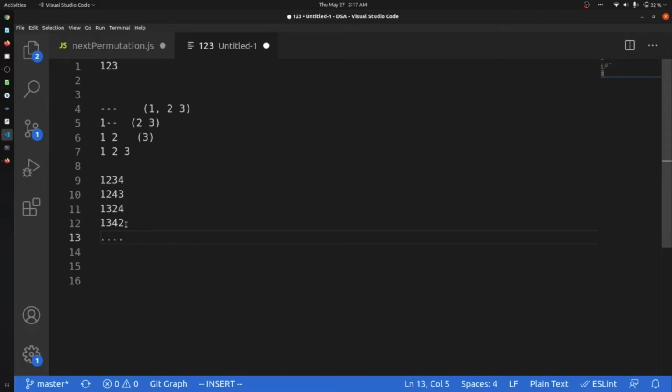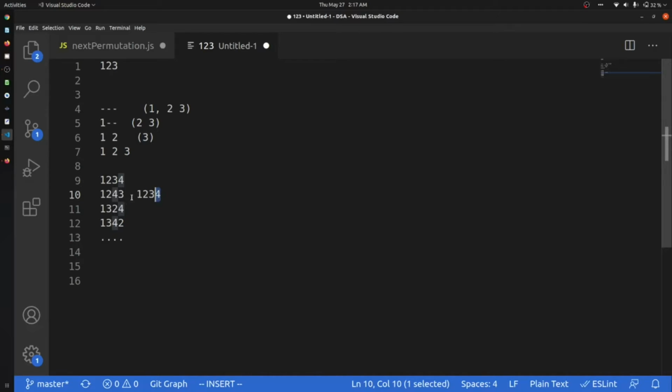If you focus on any of these numbers, you can see that originally my number was 1, 2, 3, 4. If I start from the back, we are just checking if the element at i is greater than the element at i minus 1. Yes, it is.